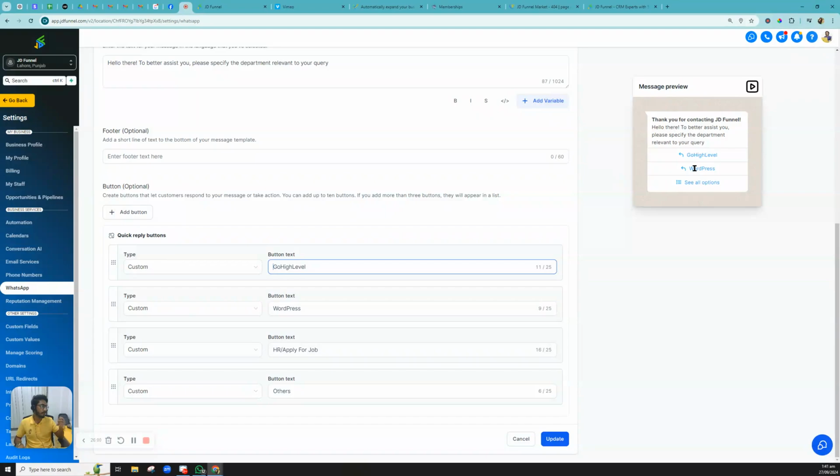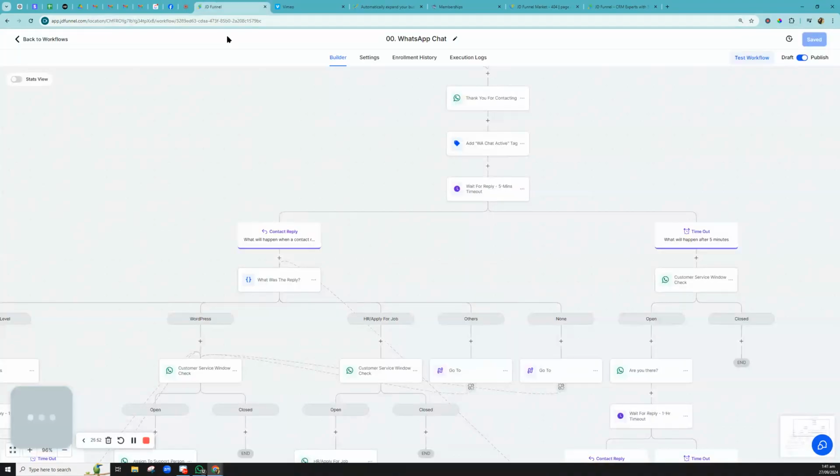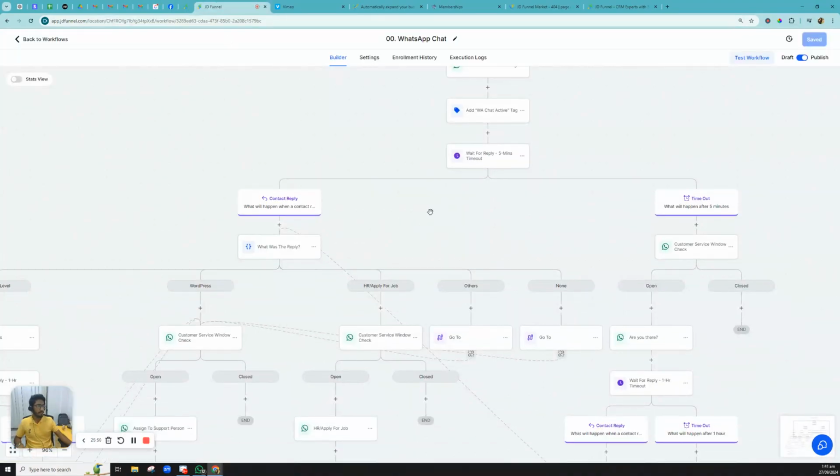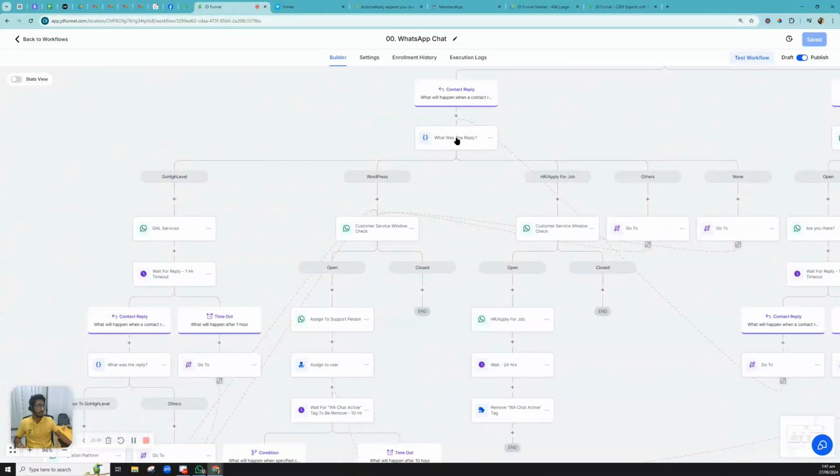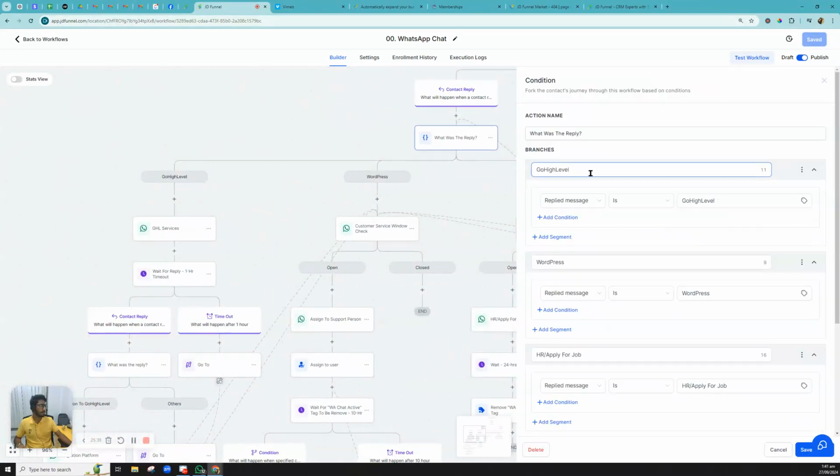So they can just type go high level or WordPress or other options, whatever. But the best possible scenario is they will just click any of these. Whenever they click on any of these, here we have the condition, wait for the reply. So let's assume the customer replied in the dreamy world. Then here we have a condition that says what was the reply, and this is a simple if else condition based